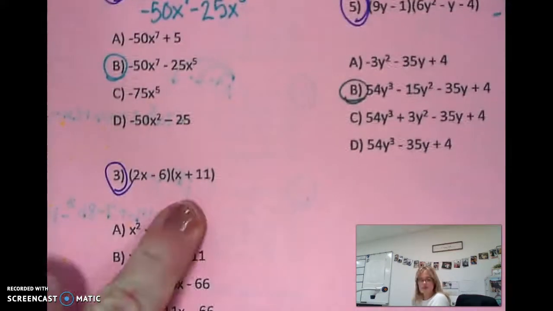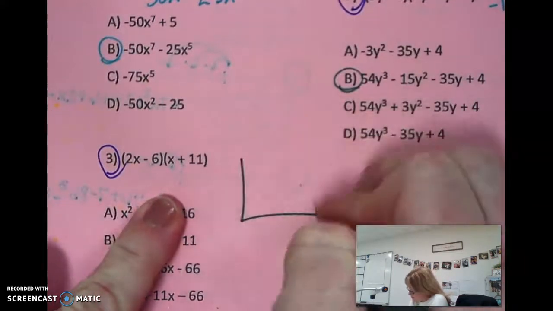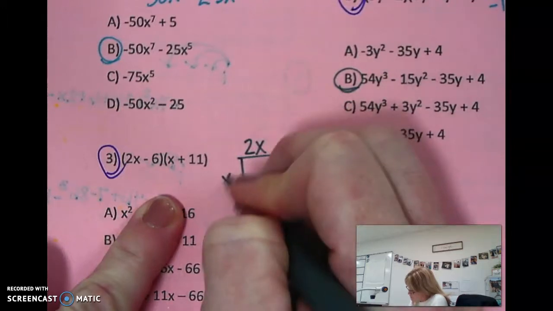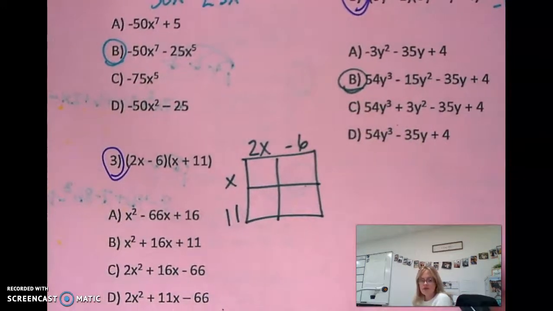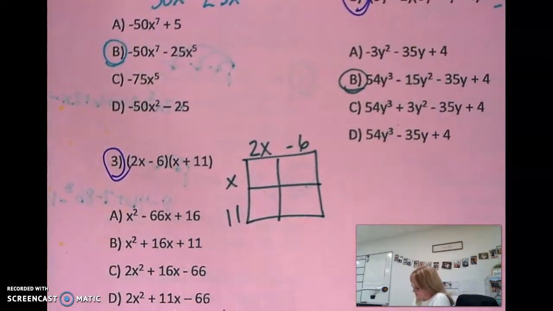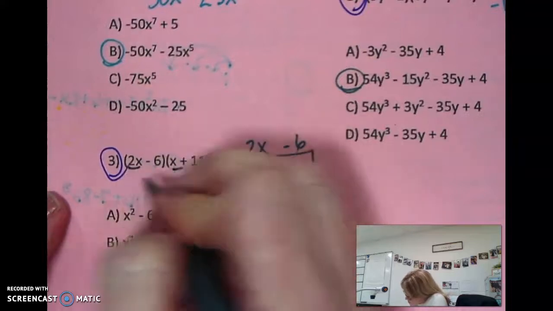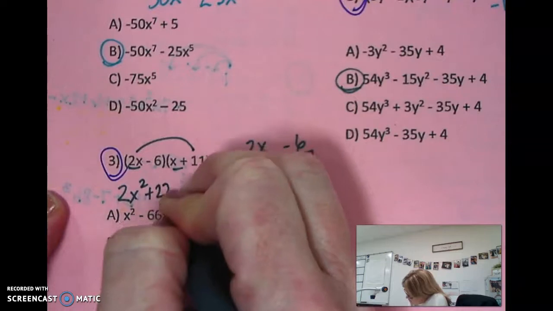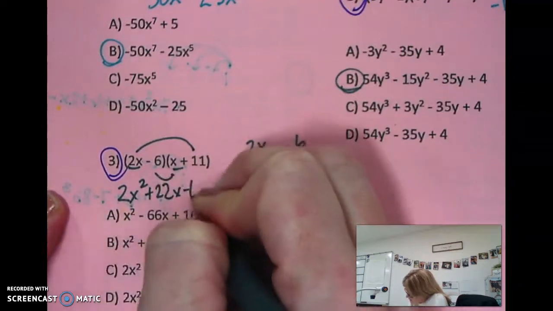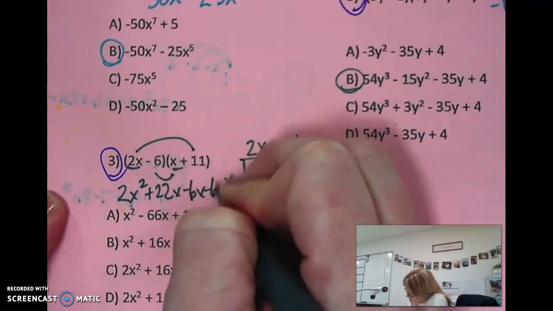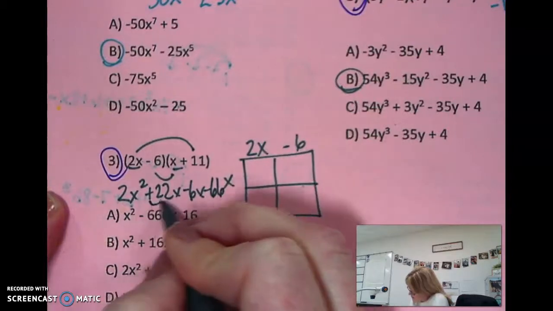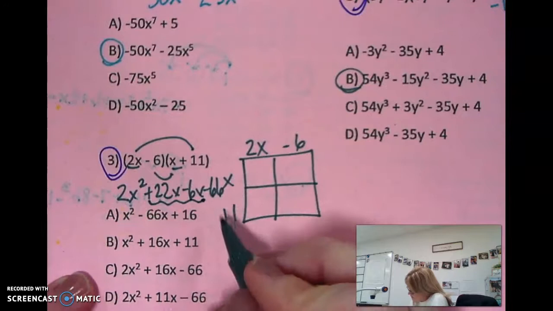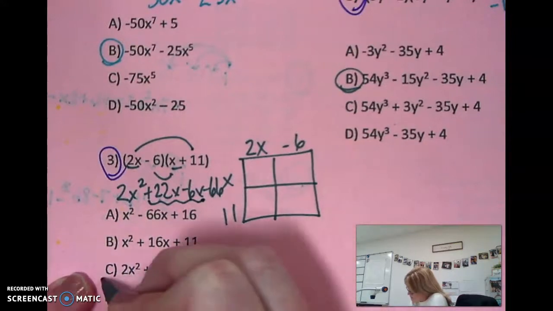When it's a 2 by 2, again, you can do the box method, or some of you like to FOIL. I'm going to FOIL since I haven't done that. First, we get 2x squared. Outer, we get a positive 22x. Inner, we get a negative 6x. And last, we get a negative 66. Remember to combine your outer and your inner, and that gives us letter